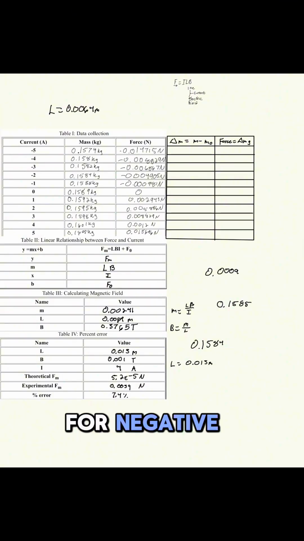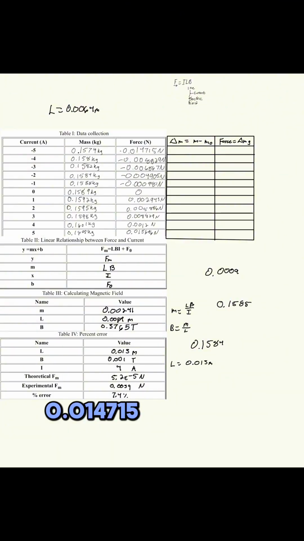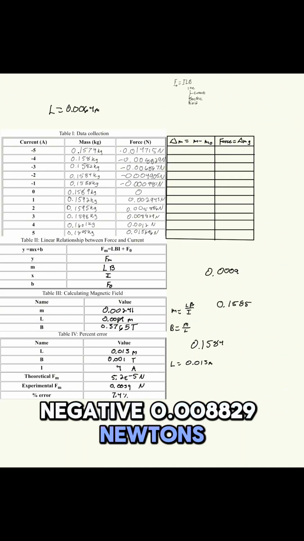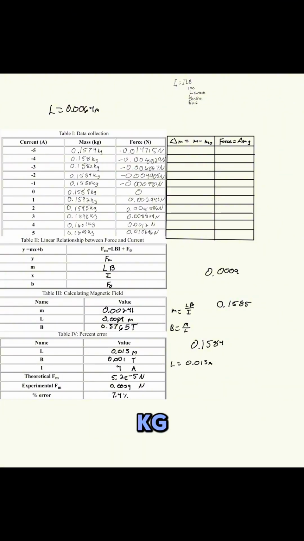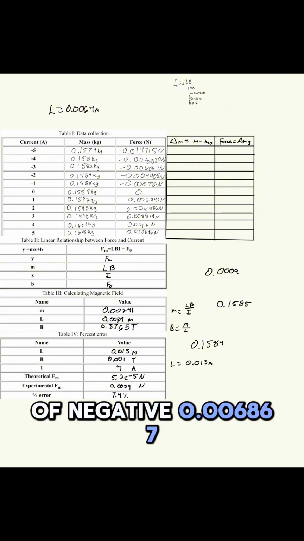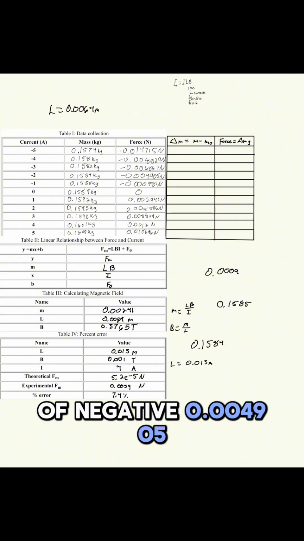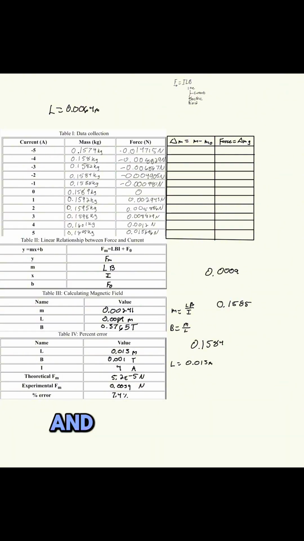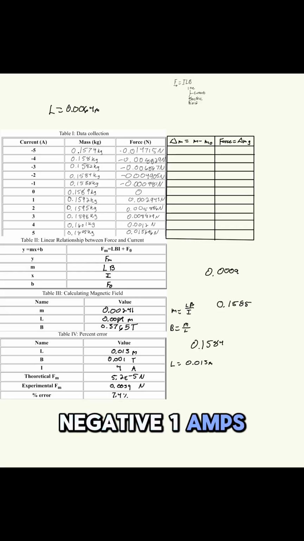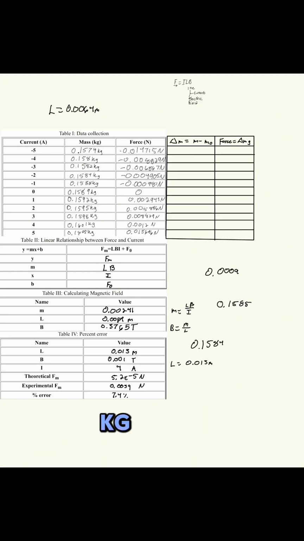First, for -5 amps of current, we saw it was 0.1574 kilograms, and the force acting upon it was -0.014715 newtons. For -4 amps, it's 0.158 kilograms, -0.008829 newtons. For -3 amps, it's 0.1582 kilograms, with a force of -0.006867 newtons. For -2 amps, it's 0.1584 kilograms and a force of -0.004905 newtons. For -1 amp, we have a mass of 0.1588 kilograms and a force of